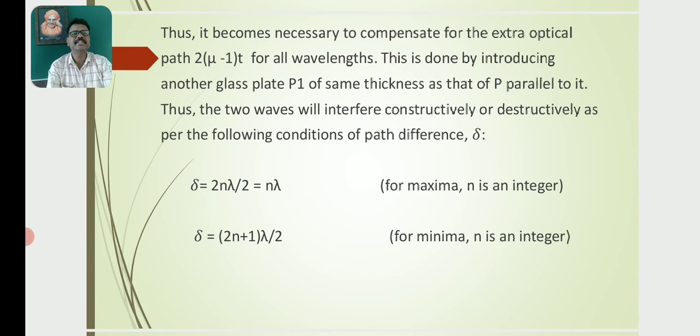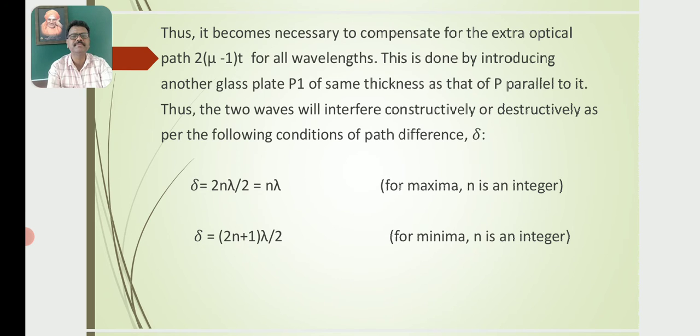Thus it becomes necessary to compensate for the extra optical path, 2(mu minus 1)t, for all wavelengths. This is done by introducing another glass plate P1 of the same thickness as that of P,